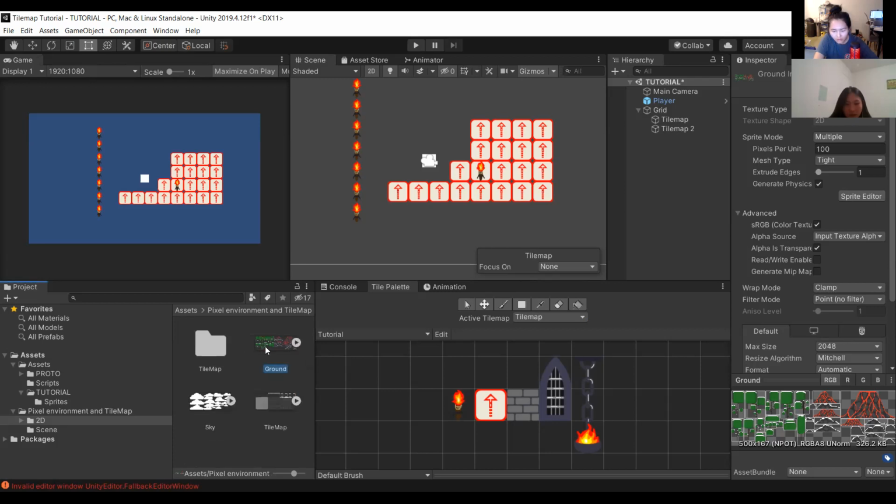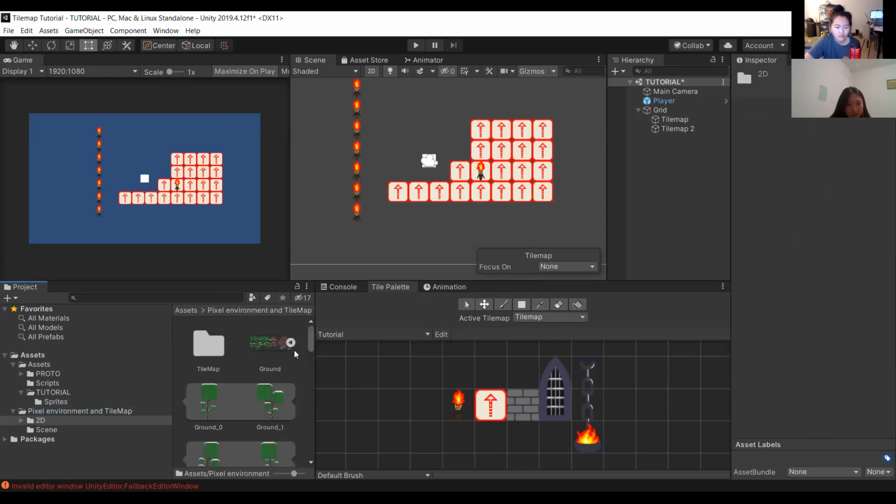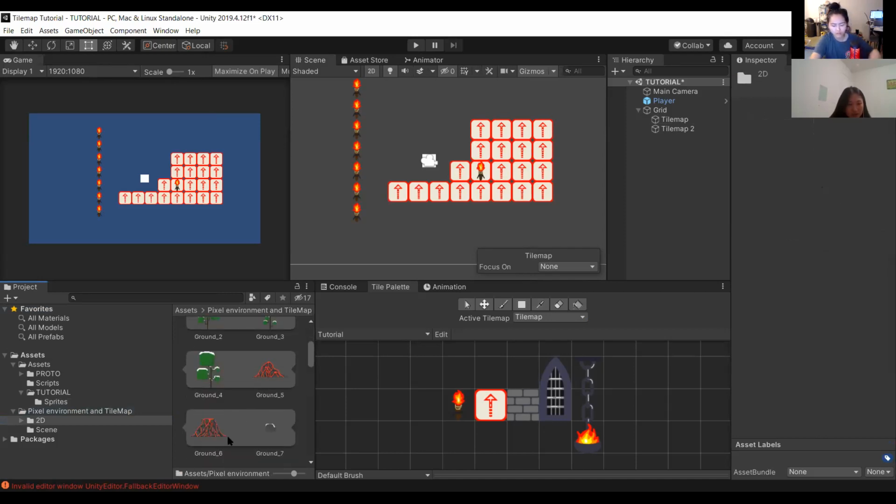How you want to split these is they should already be split, I believe. If you look at these, they're already all split into the separate shapes, like all these trees and volcanoes and that kind of stuff.